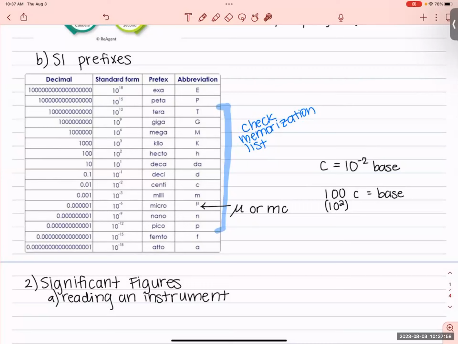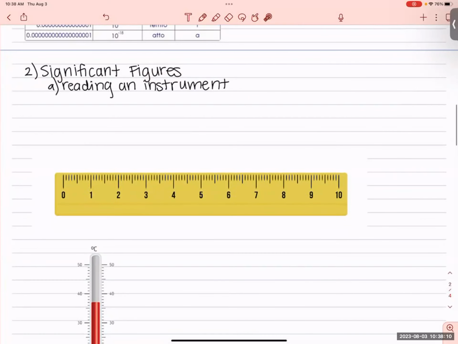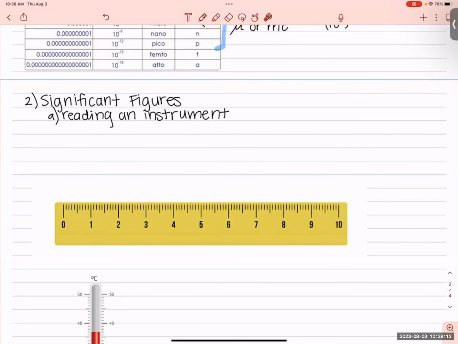So that's your SI prefixes. You will have to memorize those, and then we'll use them in conversion factors, which will be a separate lecture video. Moving on to significant figures. So we're going to talk about reading an instrument. If you watch the math basics video, we went over this a little bit, but we're going to do a few more examples here. So the rule for reading an instrument